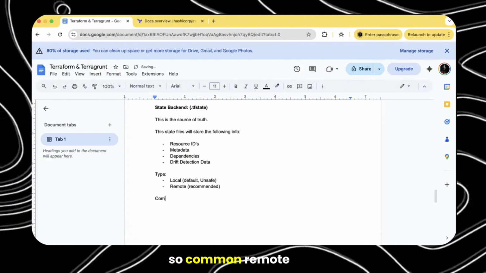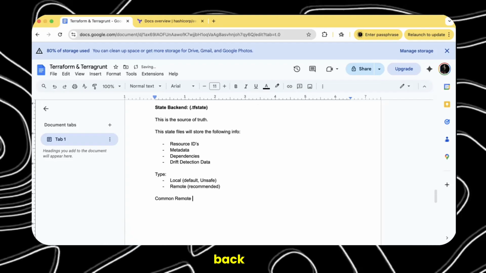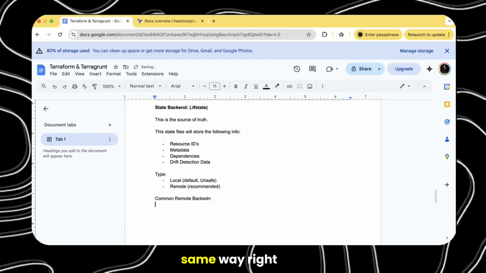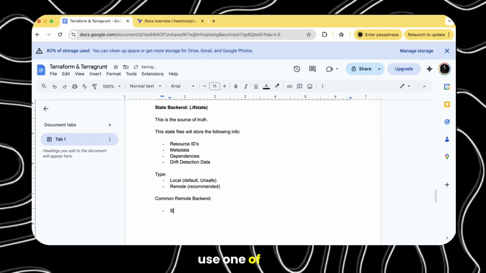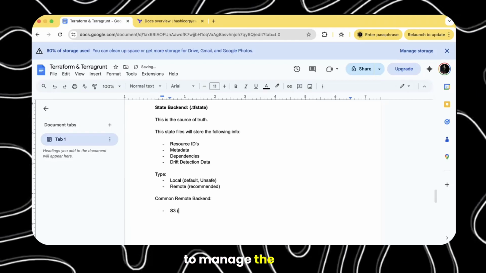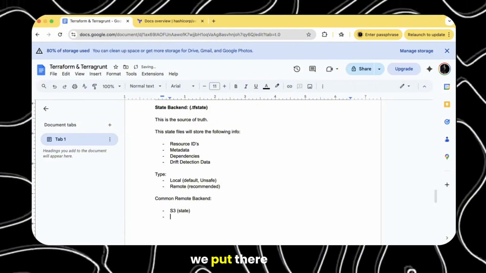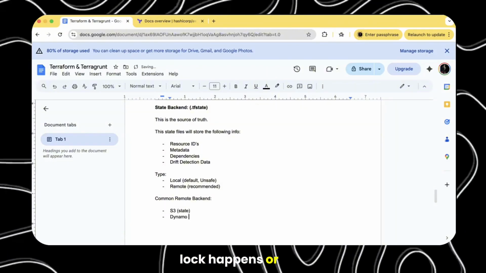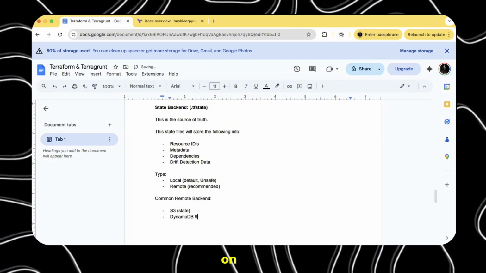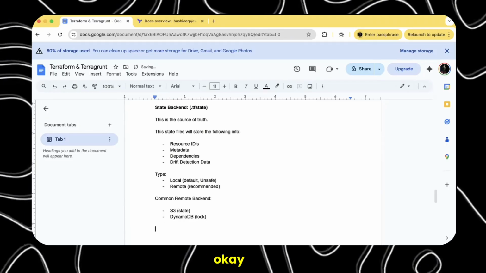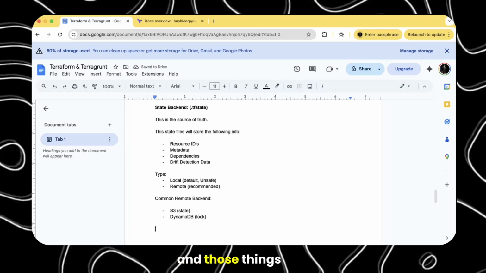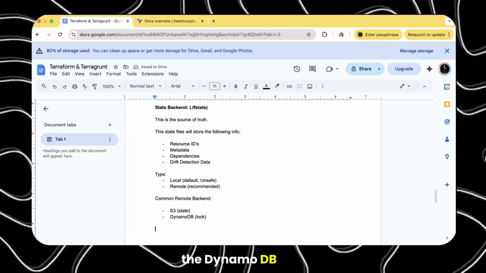So a common remote backend which we provide is the same way. We use S3 to manage the state. The state files we put there, and if any lock happens or logs and other things go on, we manage that from DynamoDB. Okay, so lock files and those things we manage from DynamoDB.